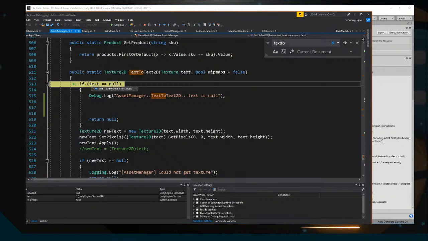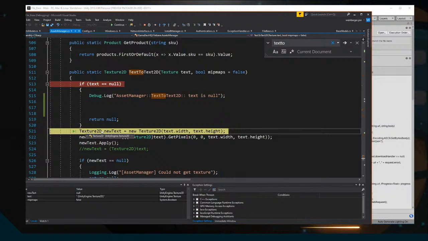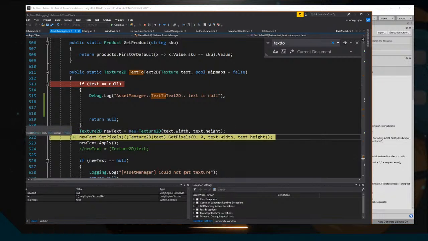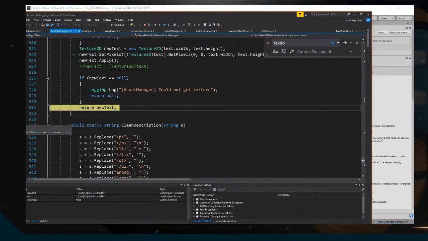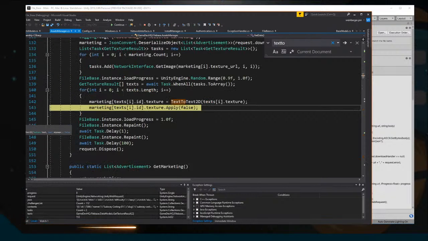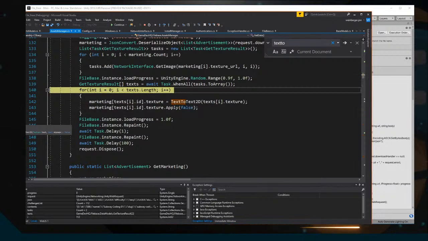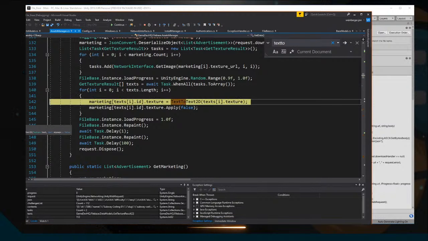So here, if text equals null, and you can see here that it doesn't, it has a Texture2D in it, so we should instantly go down to 521. If I hit F10, you'll see there we go to 521 because it wasn't null. Let's go ahead here, F10, turn the new texture, and then it goes through all the lengths. We set the texture equals text to 2D,